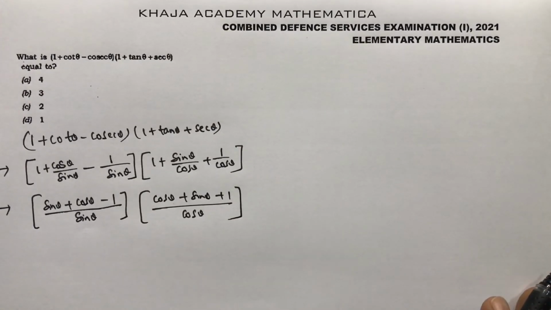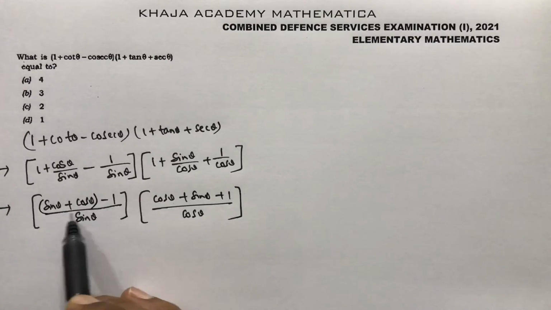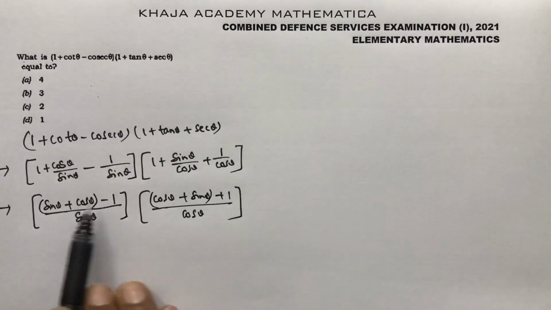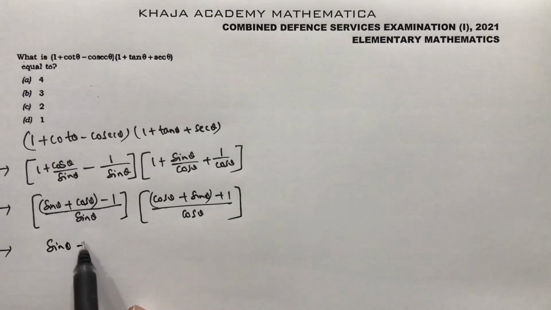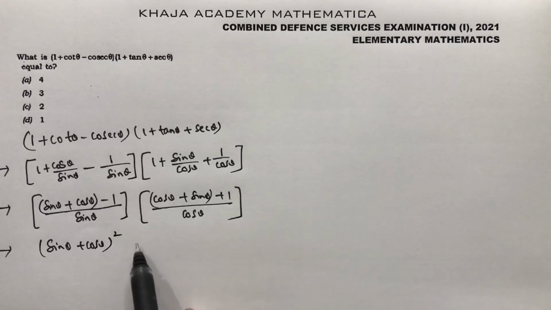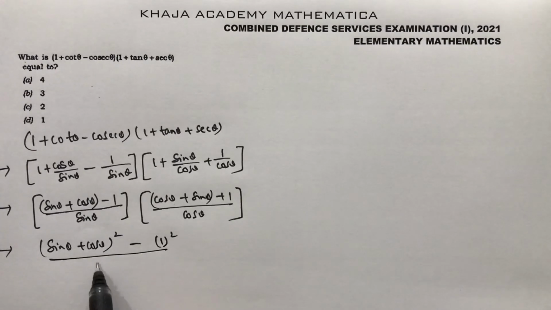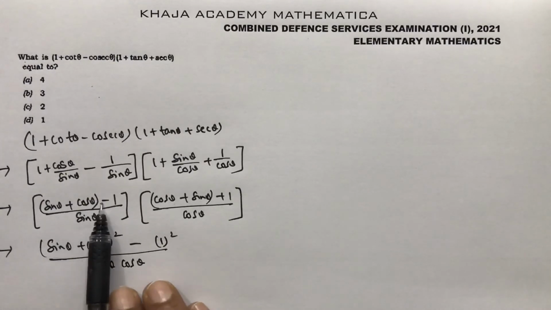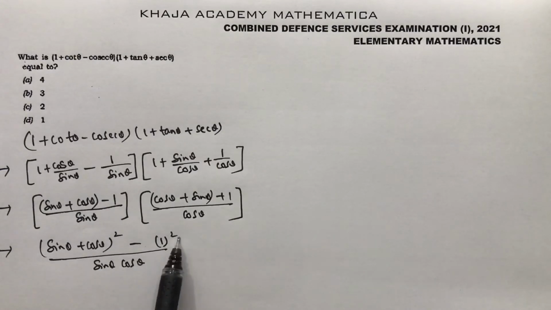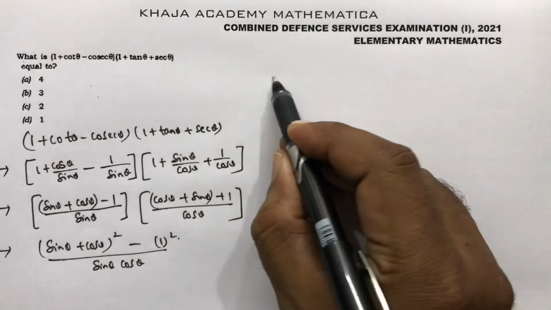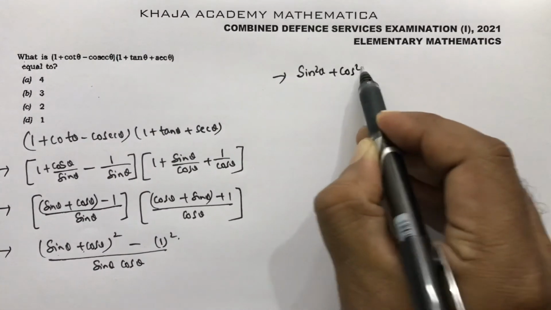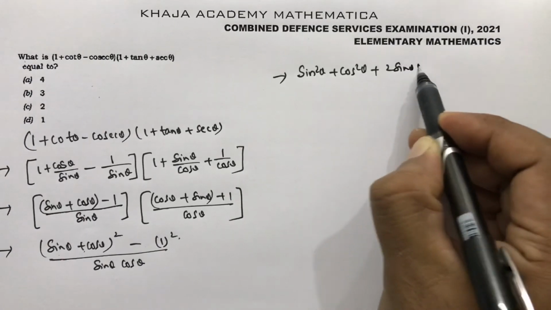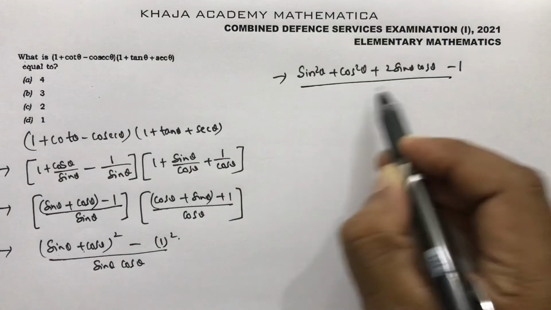If you observe this numerator part, if you consider sine theta plus cos theta as A, then it will be A minus B into A plus B. So (sine theta plus cos theta) whole square minus 1 square by sine theta cos theta. I wrote it in this form because (A minus B)(A plus B) is A square minus B square. Now if I simplify this further, (A plus B) whole square is A square plus B square plus 2AB, so 2 sine theta cos theta minus 1 by